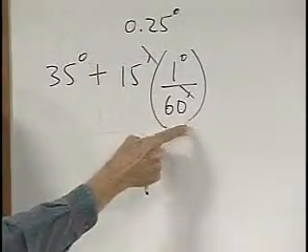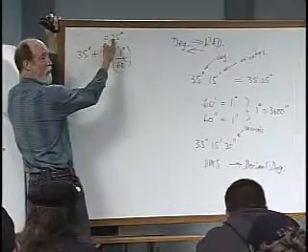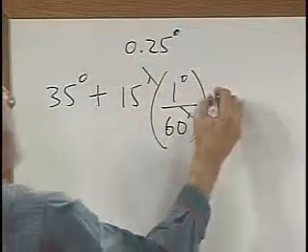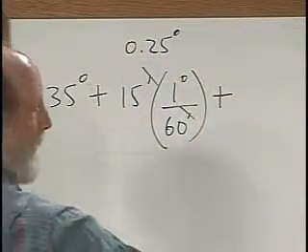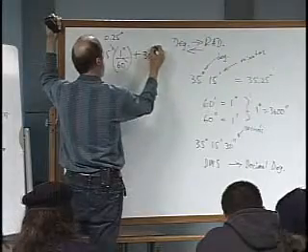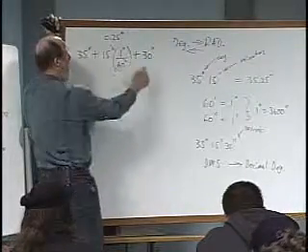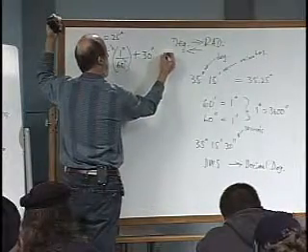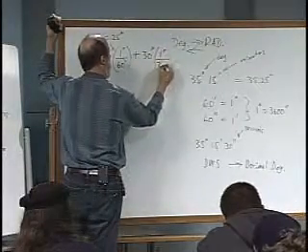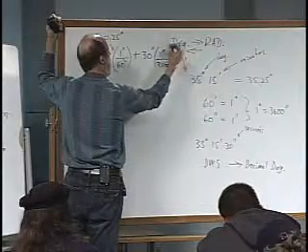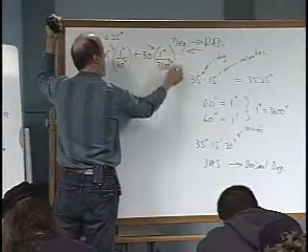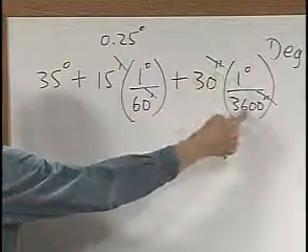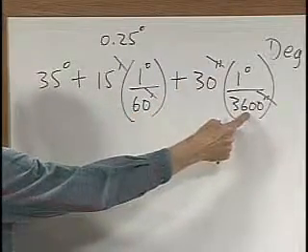See that? 15/60 is 1/4. Feel good? Okay. Plus, don't forget we have 30 seconds to deal with. Let's convert the seconds into degree measure. And so we know in 1 degree, there are 3,600 seconds. The second units reduce out, and we're left with 36 hundredths of a degree,